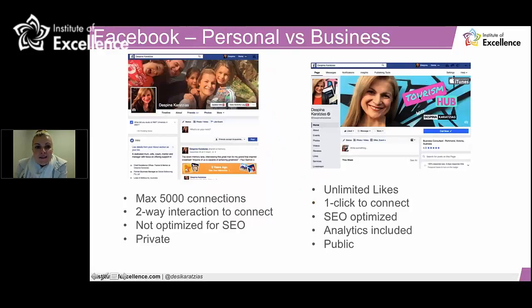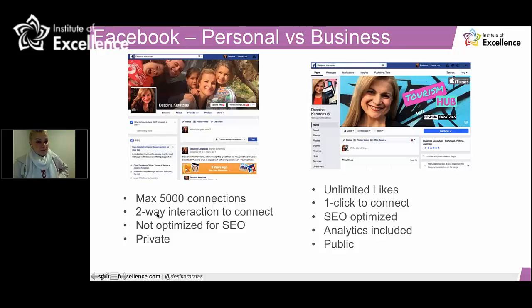The fundamental difference between a personal page and a business page: a personal page has a maximum of 5,000 connections. If you have a business page and it's saying add friend, that is not a business page. You've actually created a personal page for your business. We want to stop that because you're going to hit the ceiling at 5,000 connections and there's nothing you can do there.